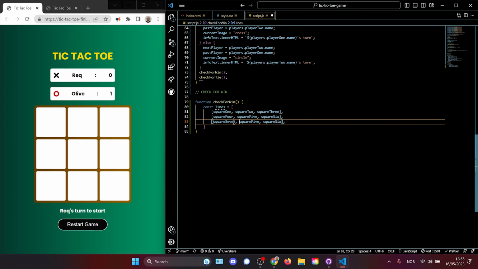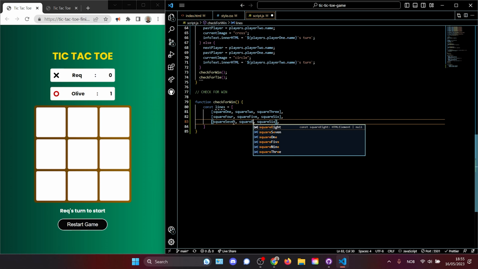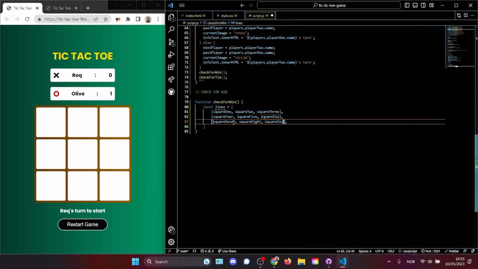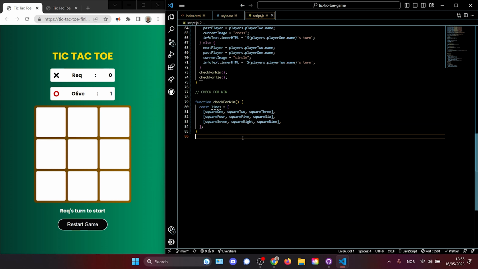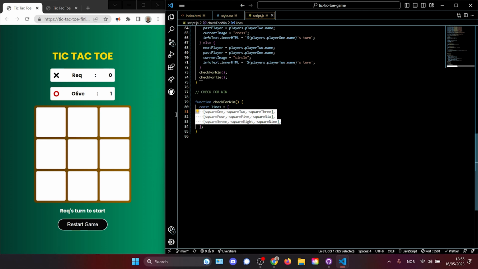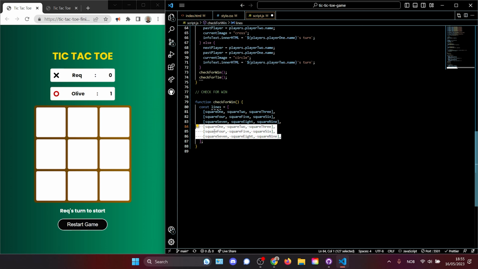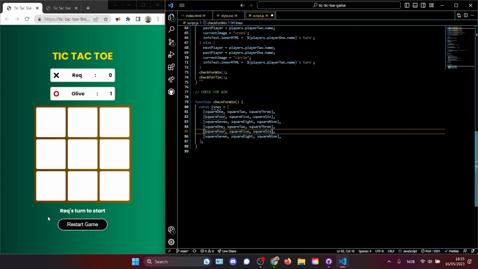7, 8, and 9. And then let's save that. So now we have all our horizontal winning lines. Let's copy all of them down, and let's create the vertical